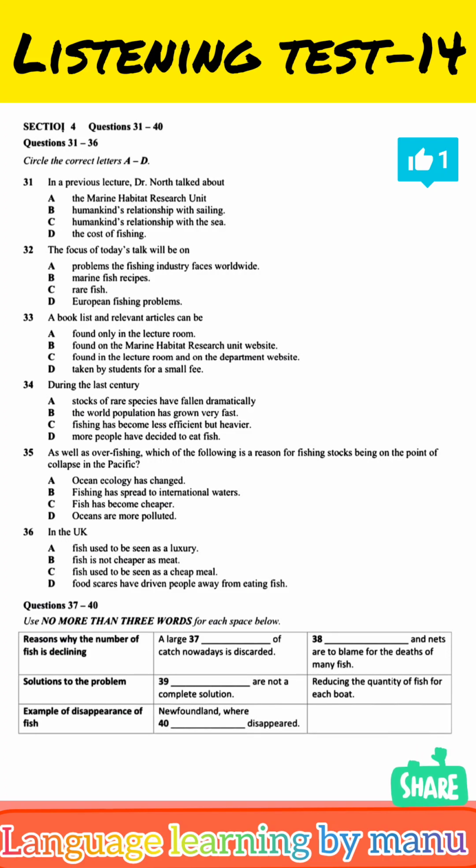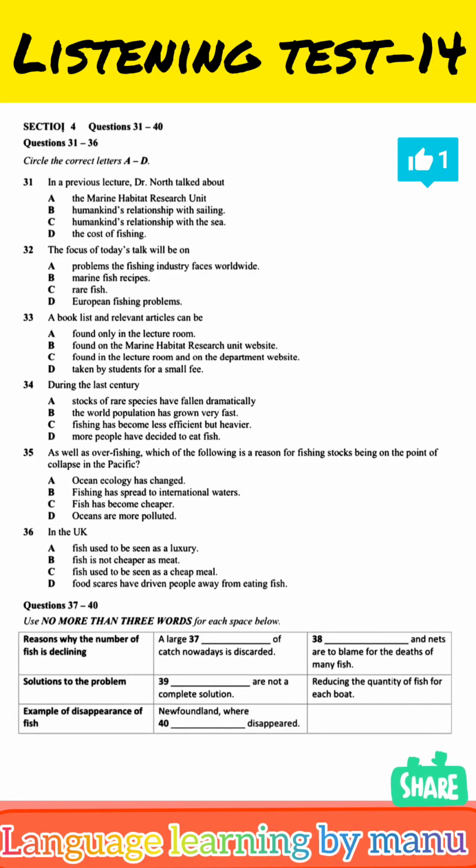Since the 1970s, stocks of the most heavily fished species have fallen on average by 90%. And why has this happened? Well, there's a chain of events which begins with the demographic changes that have taken place in the world over the last century. During this time, the world population has grown at a phenomenal rate, with efficient and heavy fishing, which is technology-driven, meeting the increasing demands for food. As a consequence, many fishing stocks in the European waters, from the Atlantic to the North Sea and the Mediterranean, are now on the verge of collapse.